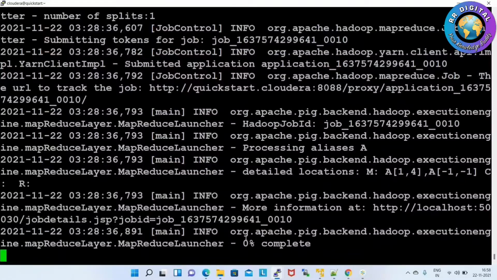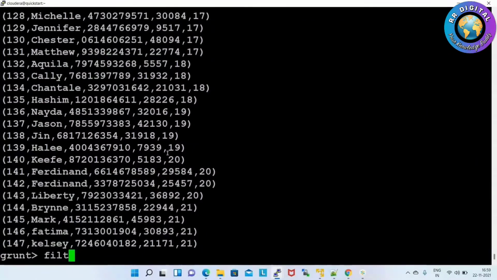Okay, Apache Pig framework. So filter, you are applying on which bag, employee bag or A bag? I am applying on A bag, filter A. By which column? Employee number column. So where employee number greater than 130 related data I want. So filter, after that your bag name, then by, after by column name and then condition.